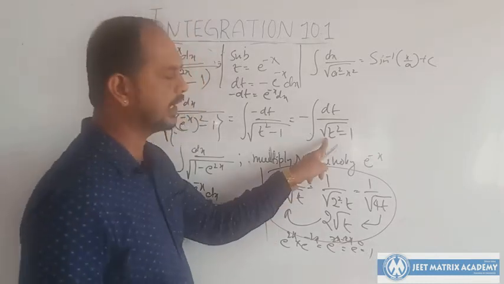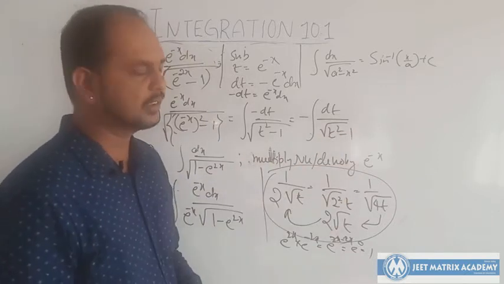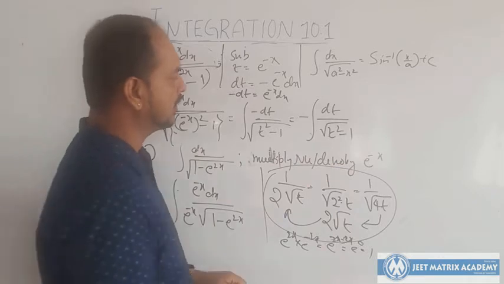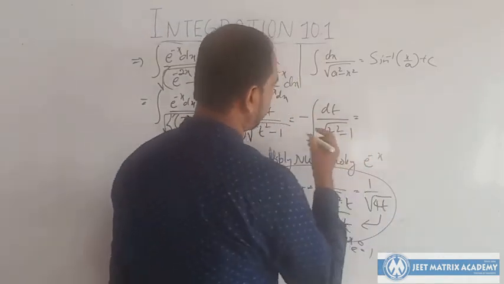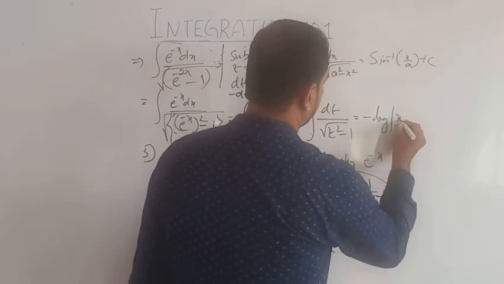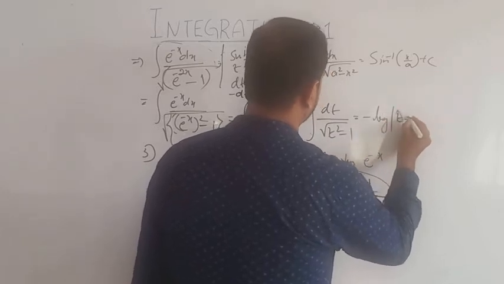So this looks like x squared minus a squared. So better apply the other form, that is minus log of t